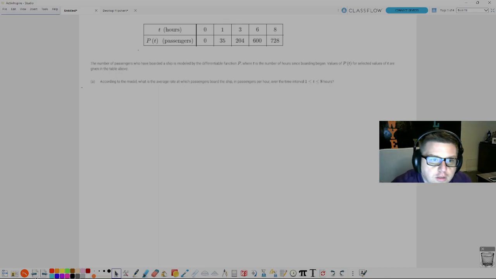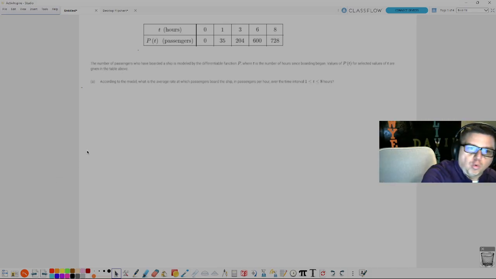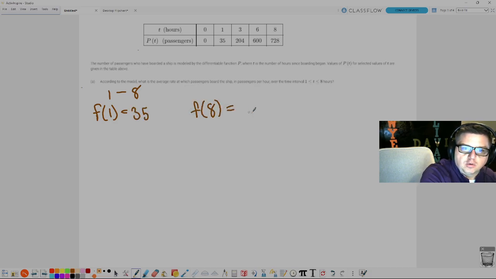According to the model, what is the average rate at which passengers board the ship, in passengers per hour, over the time interval 1 to 8? So we are looking at 1 to 8. We need f of 1, which is 35, and f of 8, which is 728. To find the average rate of change, we're going to do f of 8 minus f of 1